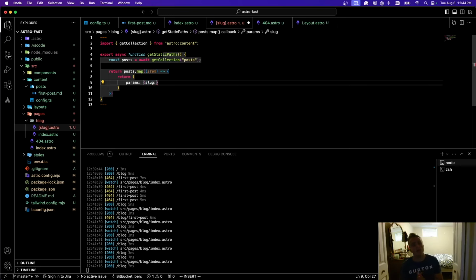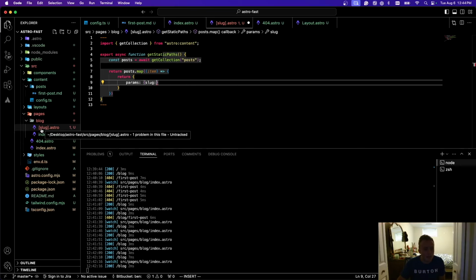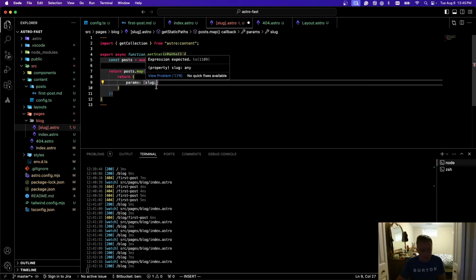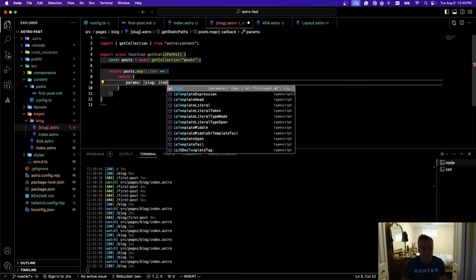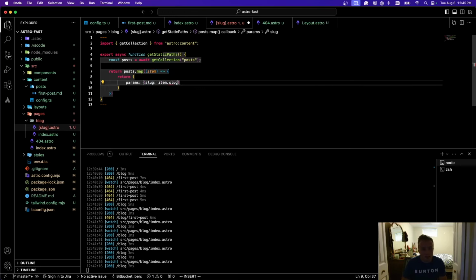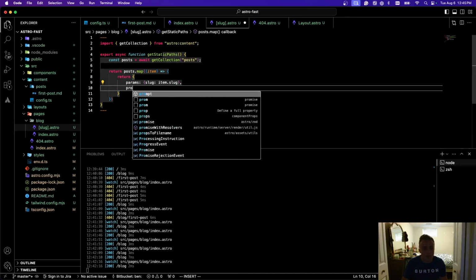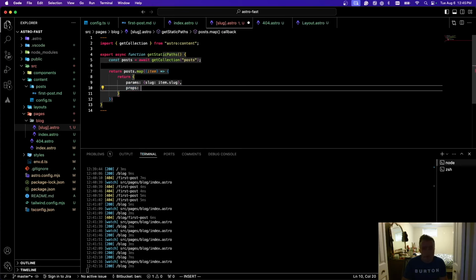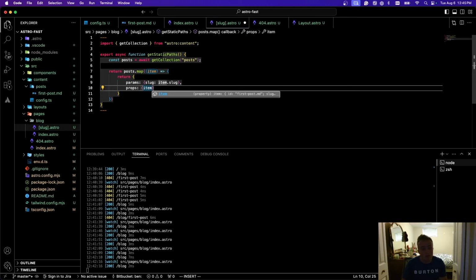So we need to pass this param because if you see here, we have in our dynamic route name, we have slug, and since we have it slug, we need to name our parameter slug. So what we're going to do is get the item.slug. We're going to return that, and then we're going to return some props. And the props is just going to be the item itself